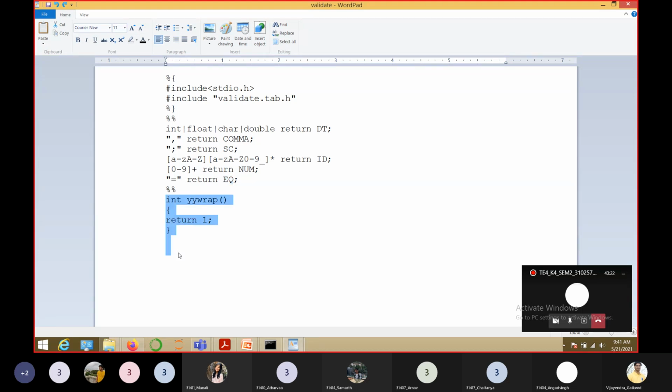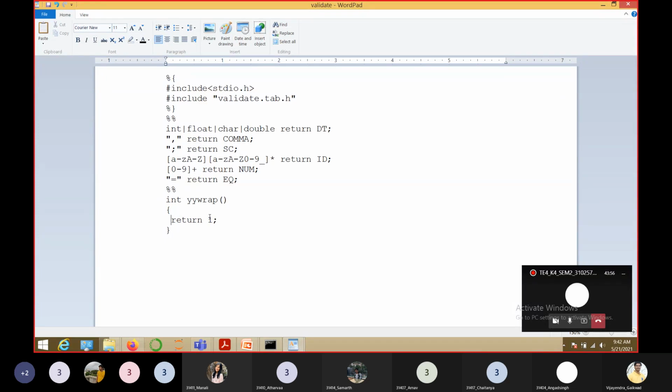And then we have the wrap function. Why do we use the wrap function? Whatever input we are taking, whether that input has ended or not. When we call yylex, it is constantly going to check whether it is the end of the input or not, right? Once it finds the end of file or end of any streamed input, it is going to call yywrap, and it is going to check whether the input has actually ended or not.